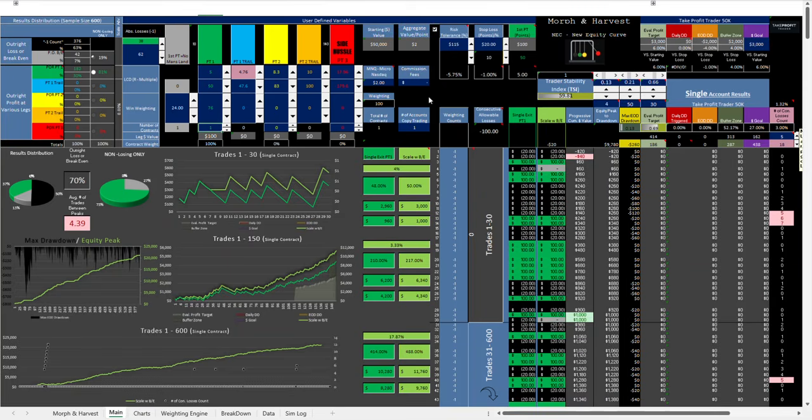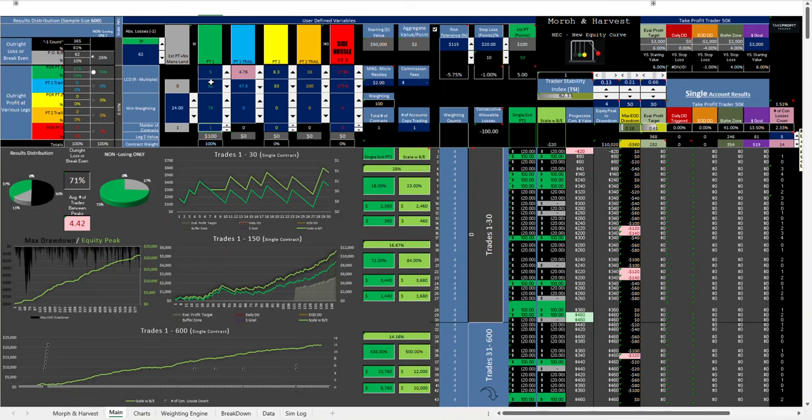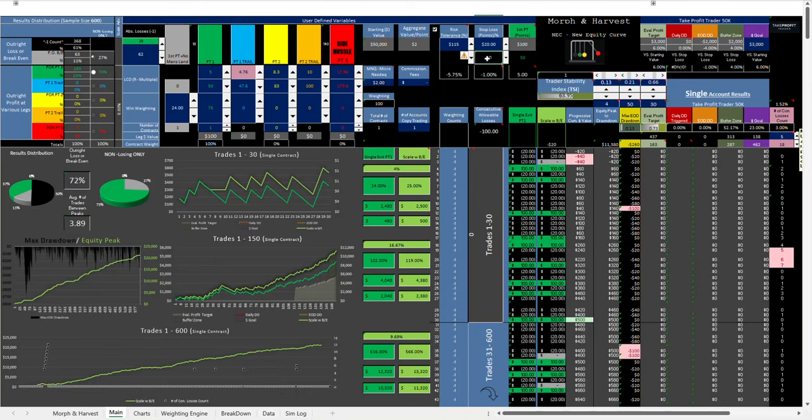Take a look at this. Our R multiple is now 5 times. So every time we lose 10 points, every time we win, we make 50. We're still only a 38% winning trader. 62% of all our trades lose. So out of 100 trades, 62 are going to end up in a loss. Not good. But when we do have the win, because our R multiple is so large now, we actually have